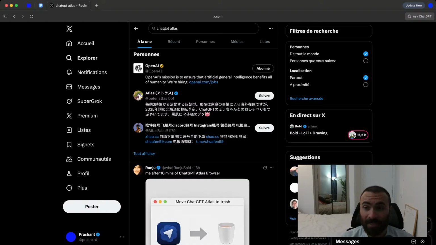ChatGPT Atlas, it's very clean. It's exactly what Dia is, but with the power of actual ChatGPT. So it's beautiful. It's sleek, just like Dia is. It's like 80% there of where Dia is, but it's actually ChatGPT. So now you have all the context, you have the responses that are working. The agent mode actually works in Perplexity.